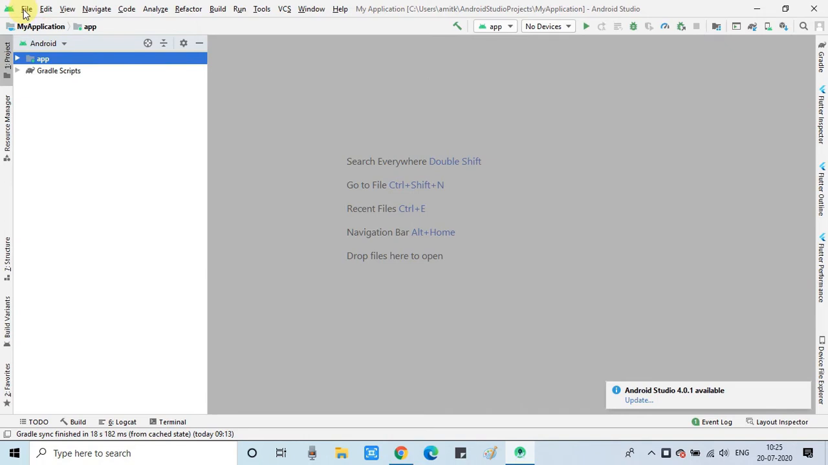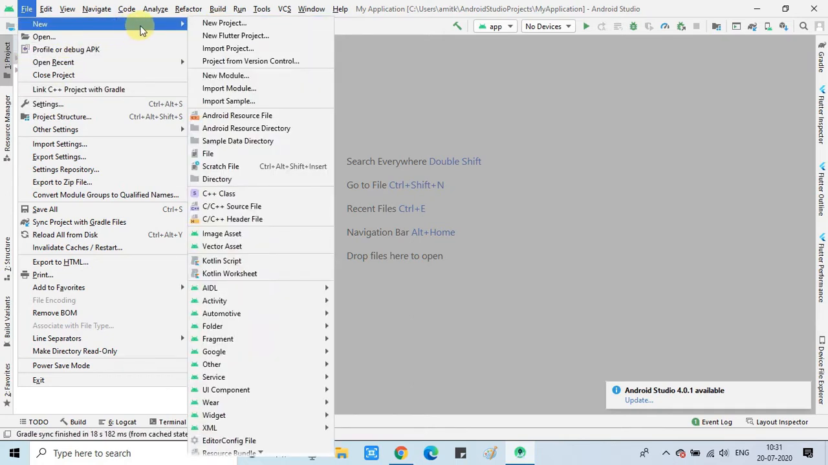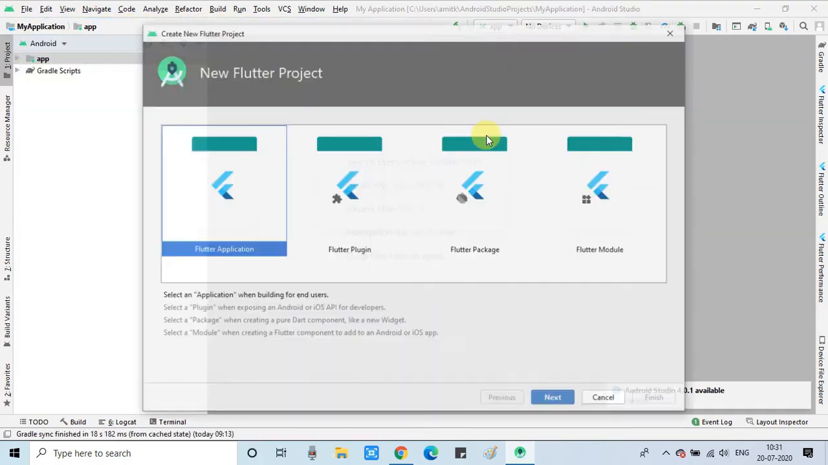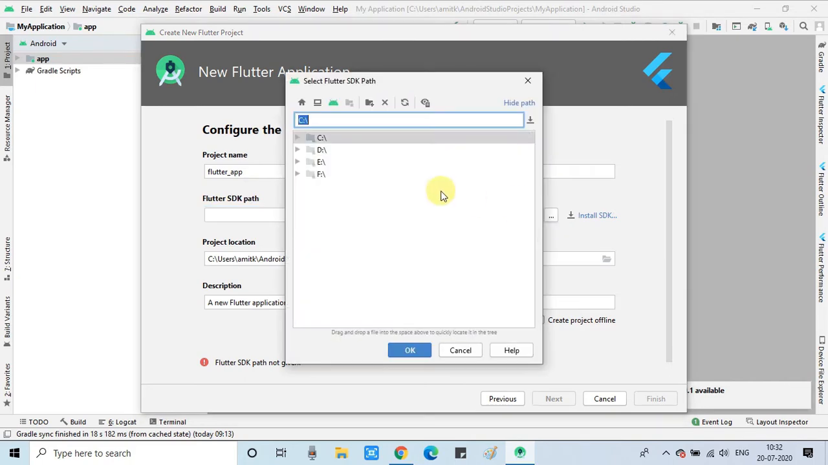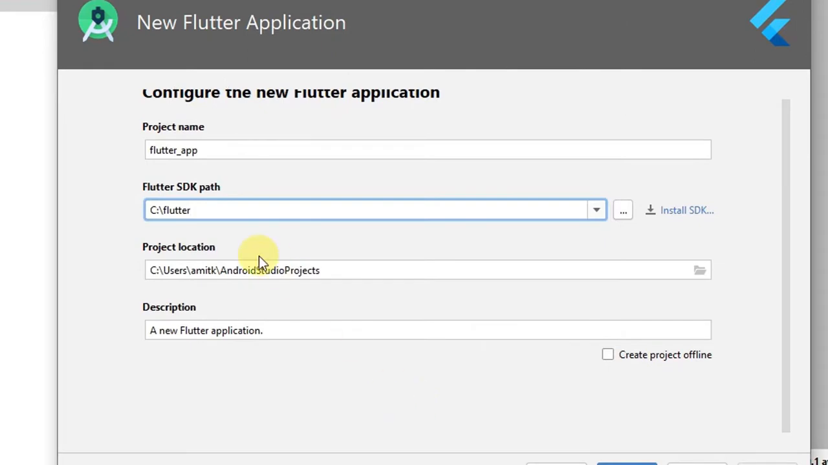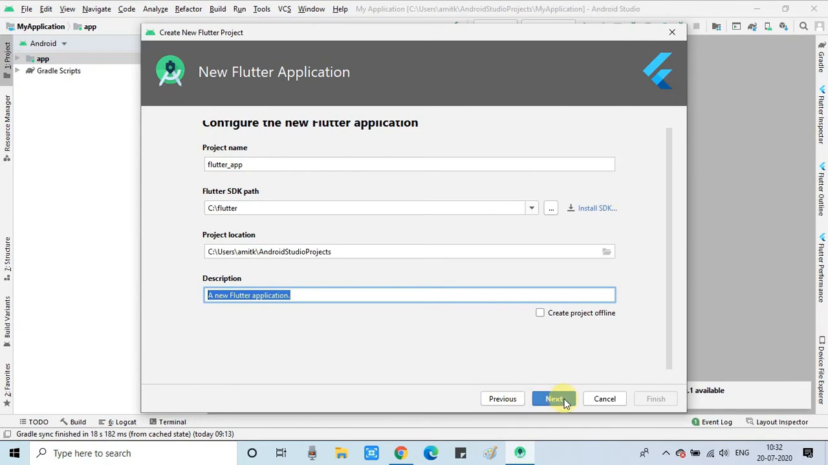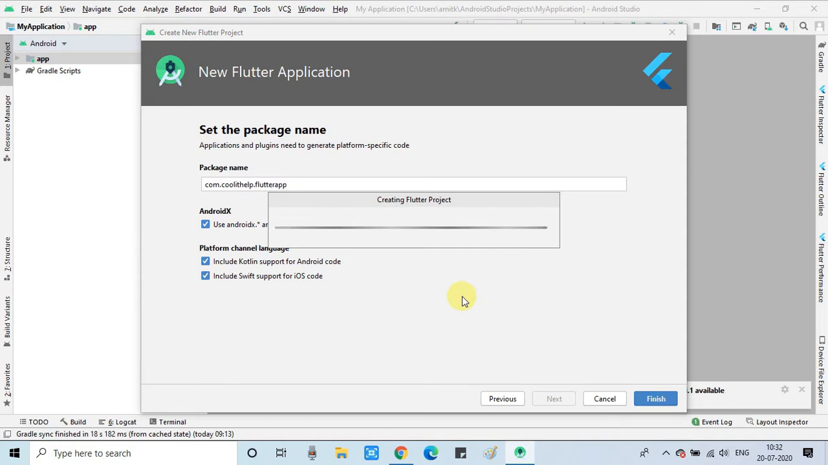So open the Android Studio, then go to the file menu and here go to the new, and once you see this menu item you will have to select the new Flutter project, click next, and inside the configuration provide the project name, and in this box we have to select the Flutter installation folder. Okay, that's it. And after that we have a box in which the project location is given. Once you click the next you will see this text box, so you can set the package name, click finish,